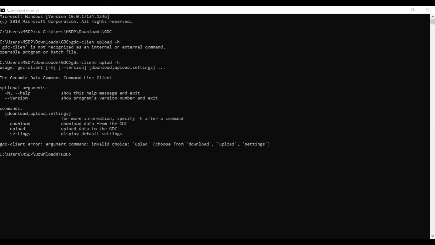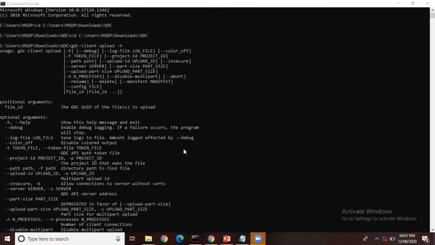It is showing the GDC client upload -h command we have provided, and the information on which command we can use for downloading or uploading or using the token files from the server itself.